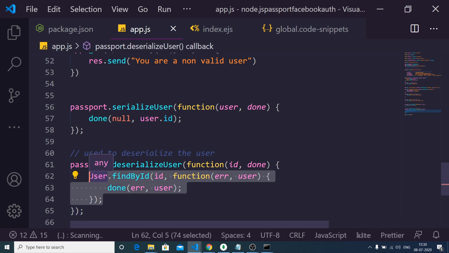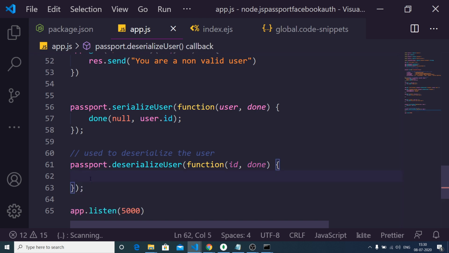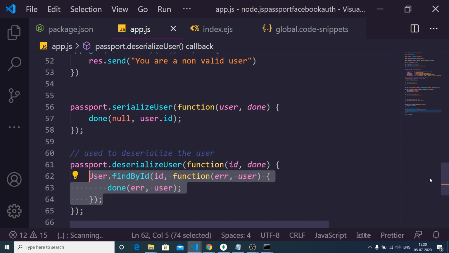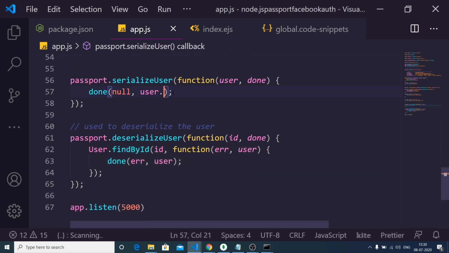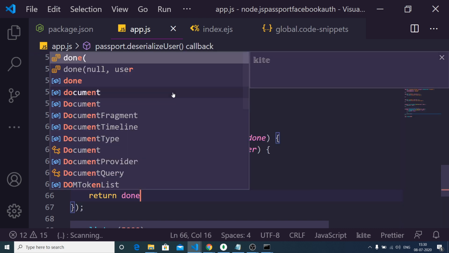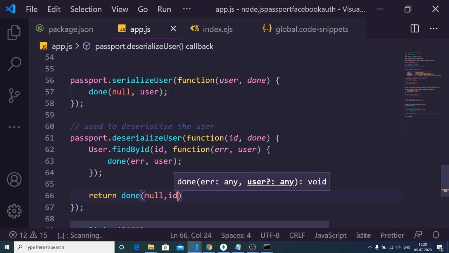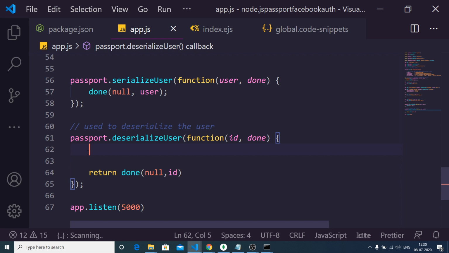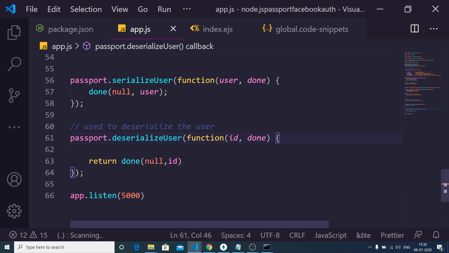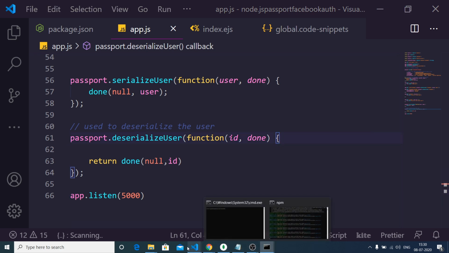So now inside this, what we can do is just remove this .id, and inside this we just need to return the ID. That's it.